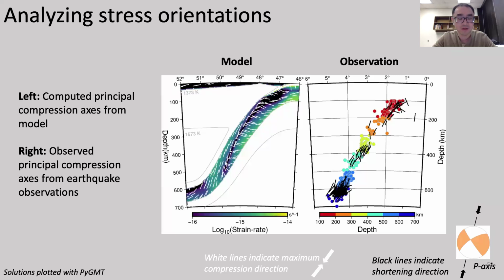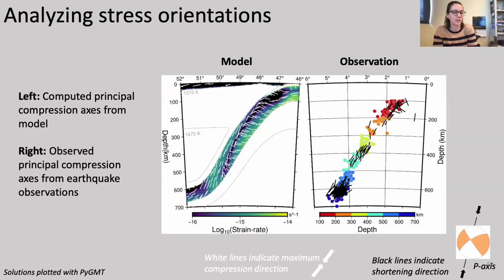Okay, Becky, actually, I have a question. Yeah. So, you see a nice correlation between the high strain rate depth range and the density of the deeper earthquake depth distribution. So I'm curious why those regions, those depths, have high strain rates. Is that because of the geometry, or is it something else?